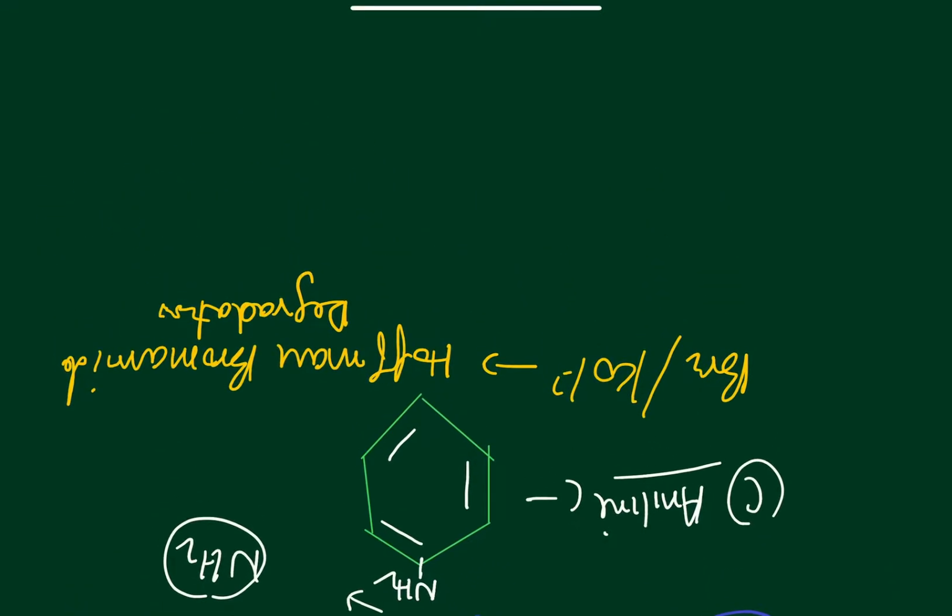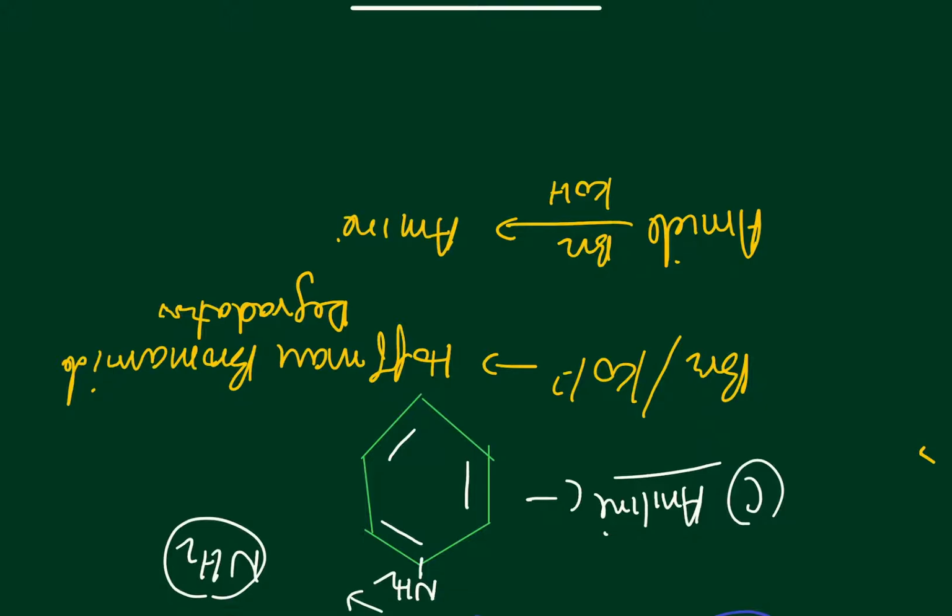That means you have an amide which is reacted with Br2 and KOH, and you get an amine with 1 carbon less. Br2 and KOH in context of amines is Hofmann bromamide, from which you get an amine from an amide